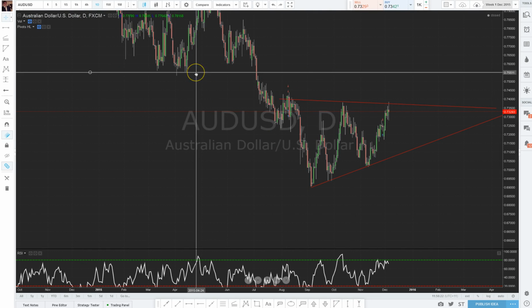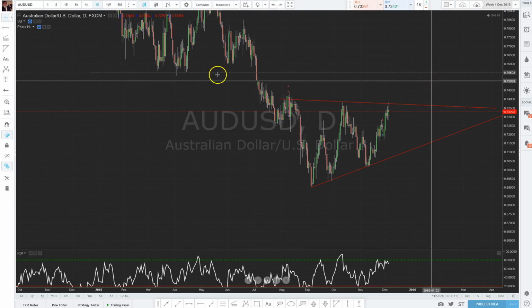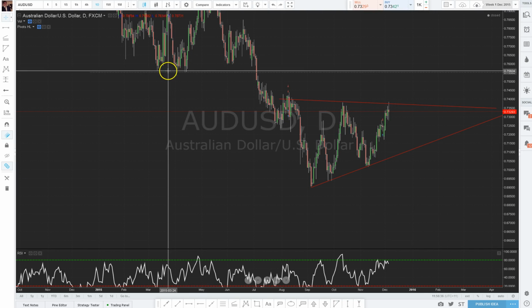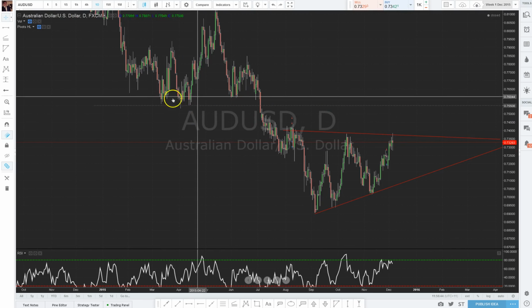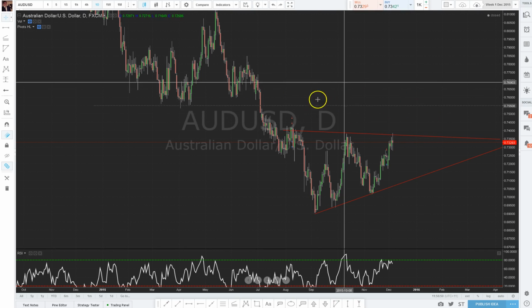Like I said about months ago, I said that I'd like to see a retest of this structure level before I look for a long-term short. Because everyone's been talking about 65 cents, 62 cents and all that stuff, but it doesn't just roll over, right? I have to actually see a test of some structure before it does that. I don't want to just blindly get into the trade. So this is looking very likely to hit this level early next week. So if it does, I'd be looking for